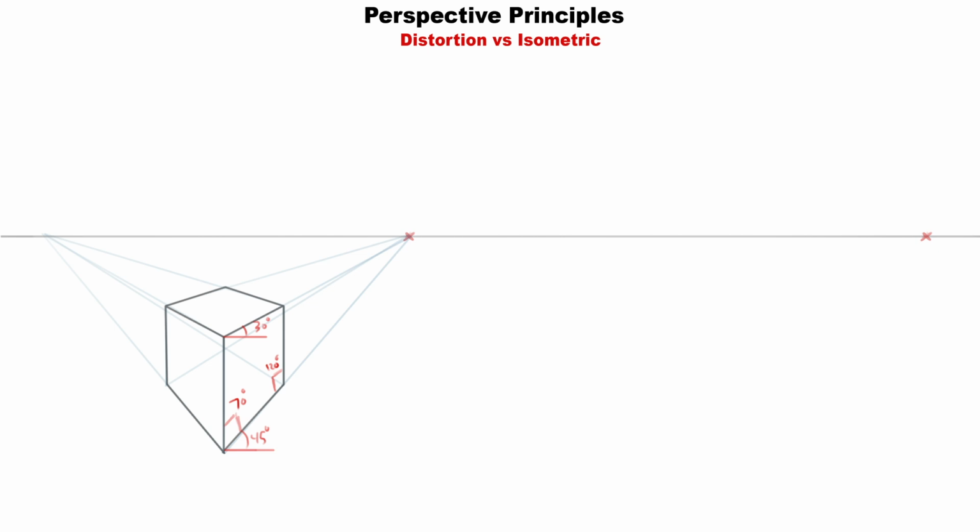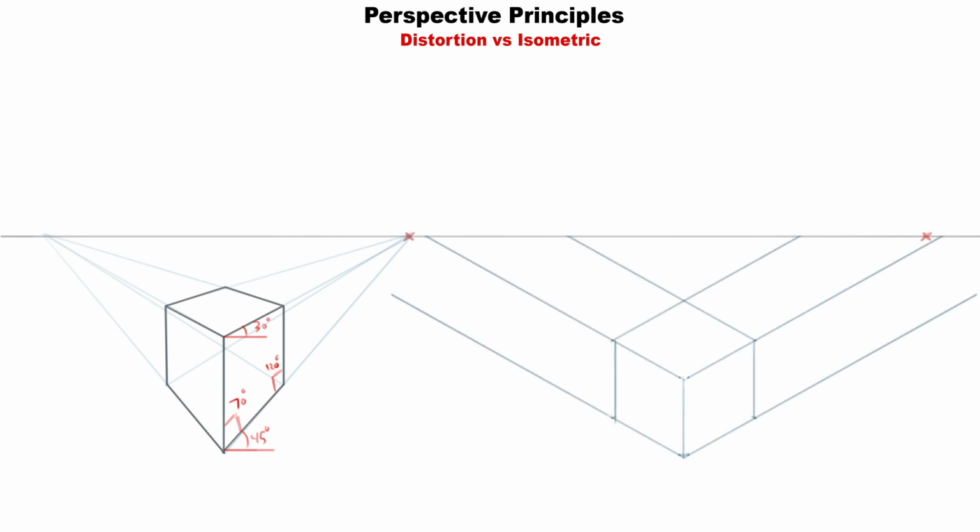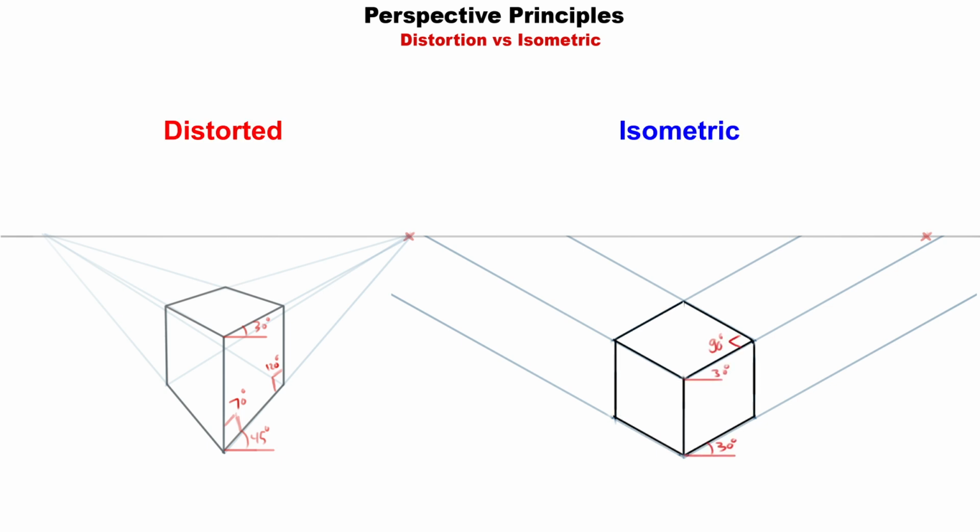However, we can use the uniform distortion to our advantage. As demonstrated in the isometric box, this type of distortion is uniform all around, with the top and the bottom edges distorted at a 30-degree angle, and the angles inside the box approximately 90 degrees. This simplifies the shape and makes it easier to work with. This unique distortion is achieved by eliminating the convergence of the lines toward the horizon line.